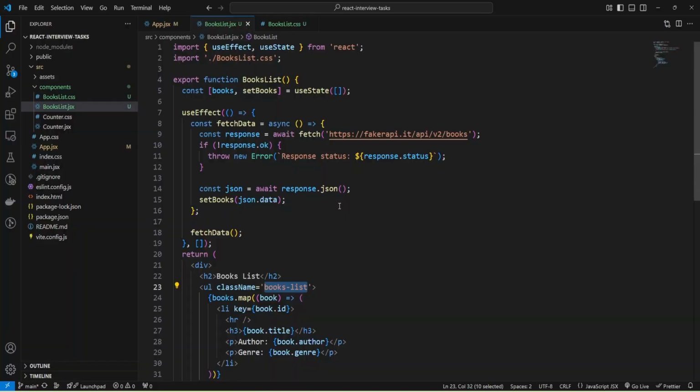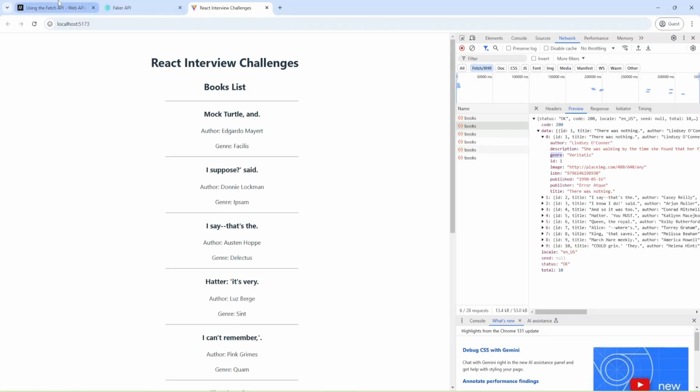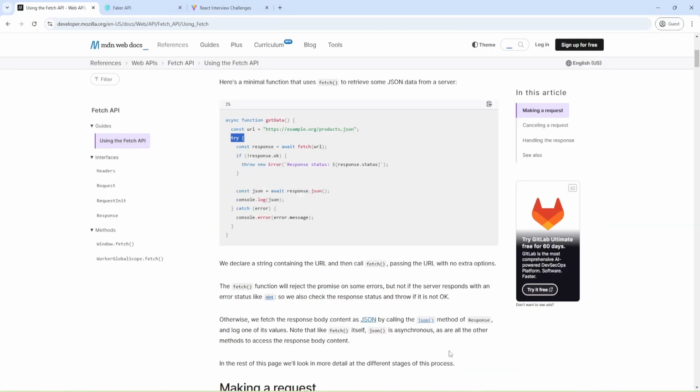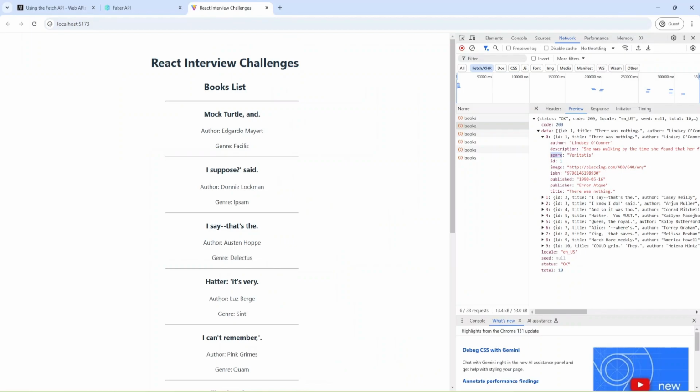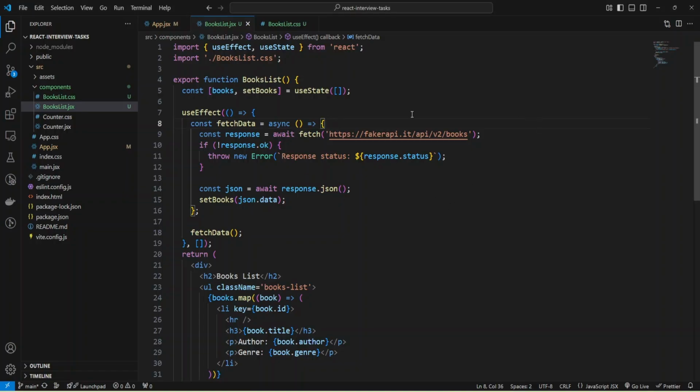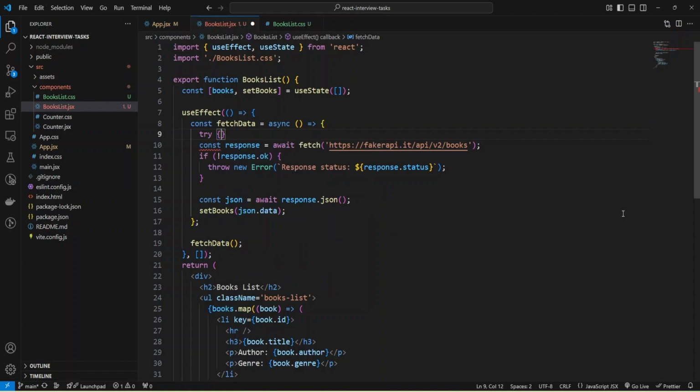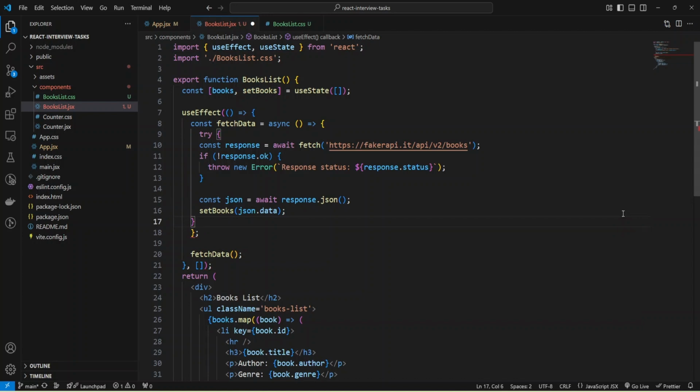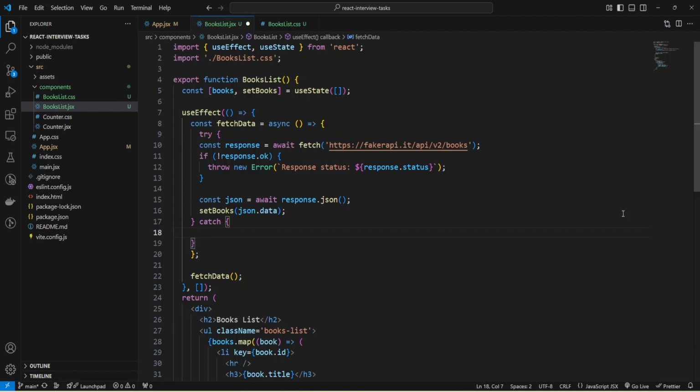And one more thing that we can add, as you saw in the docs, it's useful to add try catch. If something goes wrong, we can just provide a message to the user, and we'll not see a broken interface. And for that, I'm going to add try, and I'll write my code inside try, and for catch, I'll add some error.